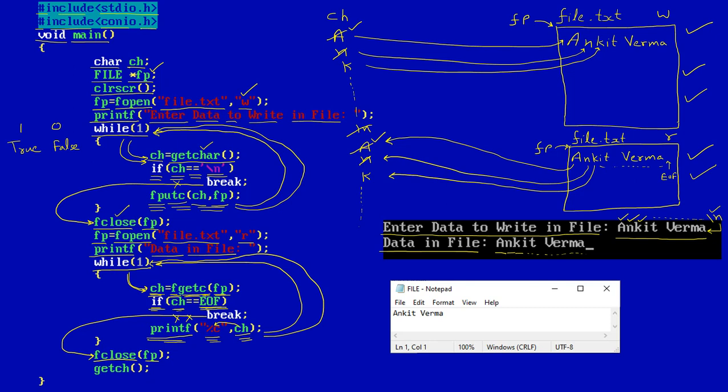In the bin folder you will see the file is there, with the same name you have mentioned. So this type of file will be created inside the bin folder, and getch will hold the screen. So this is the program of file handling, which is a very important program, and this program will help you in approximately all the questions asked in file handling.